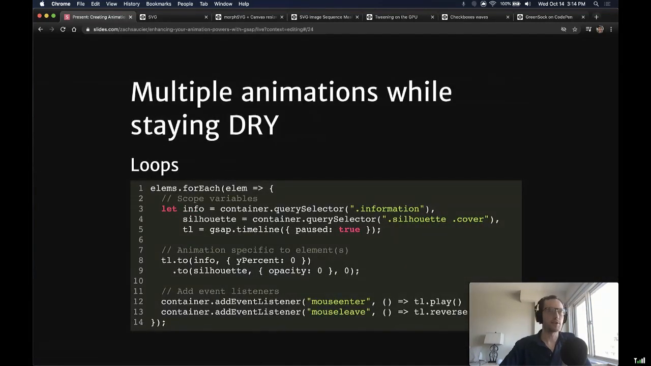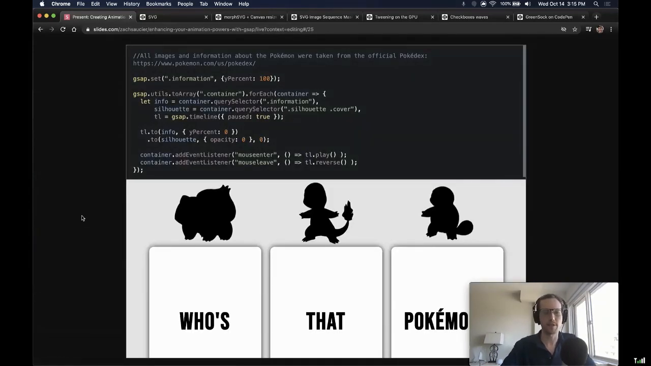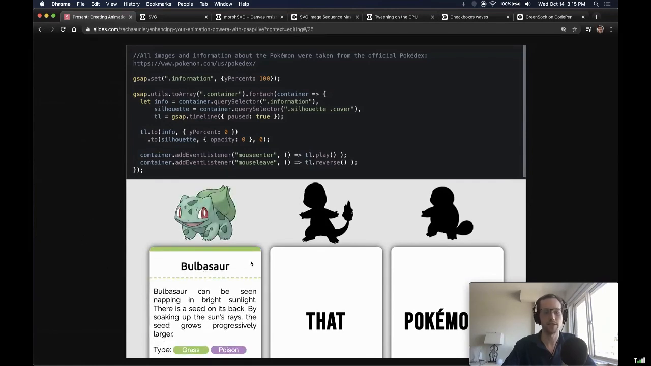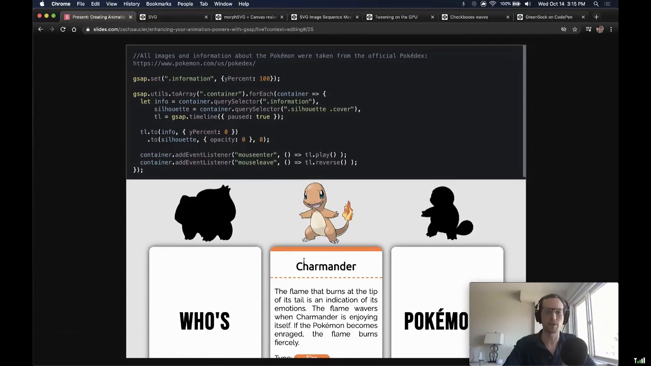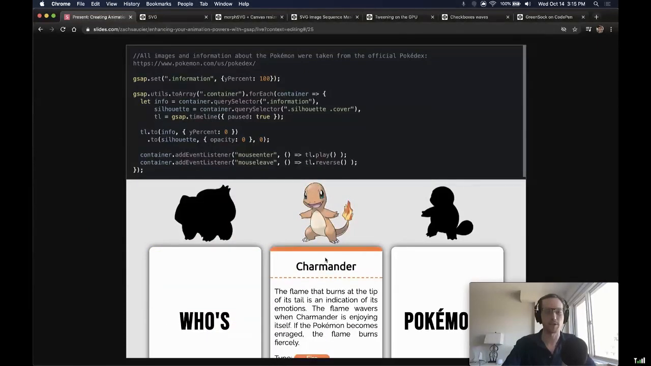Loops are also key to creating animations efficiently. For example, here's how you could set up a sequence of animations where several elements on a page are animated upon user interaction. So let's take a look at the demo of what this does really quick. Here you see 3 different sections, and when you hover over one section, it plays an animation. When you hover over another section, it plays a different animation, but they're both the same core animation, just applied